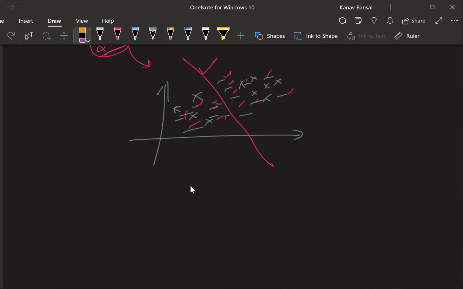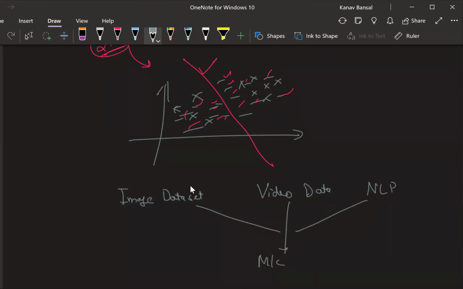Okay, so there is a very good question from Avanish. Avanish is asking, is human accuracy better than machine, or vice versa? Is machine's accuracy better than human? So what happens is, in image data sets, in video data sets, in NLP, natural language processing data sets, most of the time it is seen that machine accuracy beats human accuracy by a small margin. Machine accuracy is able to beat human accuracy right now, right?